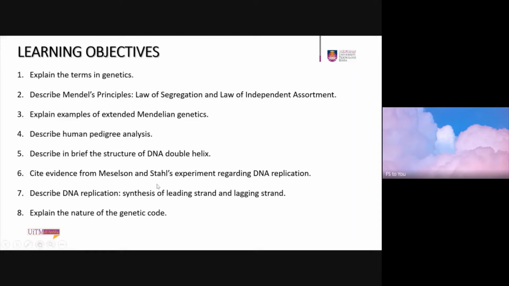Alright. And then number 6, cite evidence of Meselson and Stahl experiment regarding DNA replication. So yeah, these two scientists are the scientists that carry out experiment using E. coli, which is bacteria, to prove that DNA replication occurs according to semi-conservative model. DNA replication dia ada 3 proposed model. Okay, 3 proposed model. One is conservative model, the second one is semi-conservative model, and the third one is this